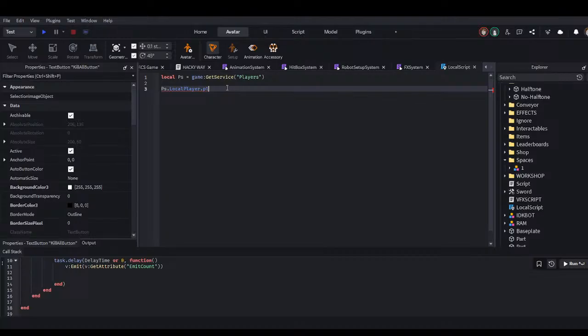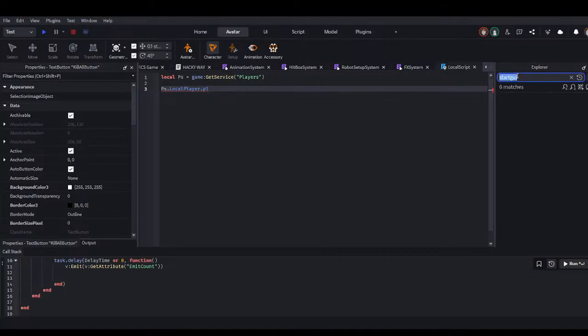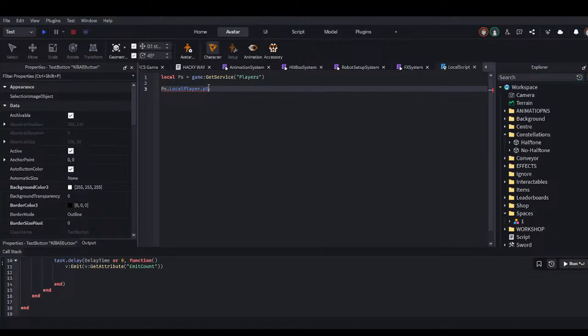You're talking about someone who literally put StarterGui in the search in order to select your StarterGui. I'm so lazy, man. Anyways, LocalPlayer. You need the PlayerGui. Do I need to do WaitForChild? I don't think you need it there, but you need WaitForChild on the main GUI. You basically need a reference to the button. Kill all button. Now we have the kill button